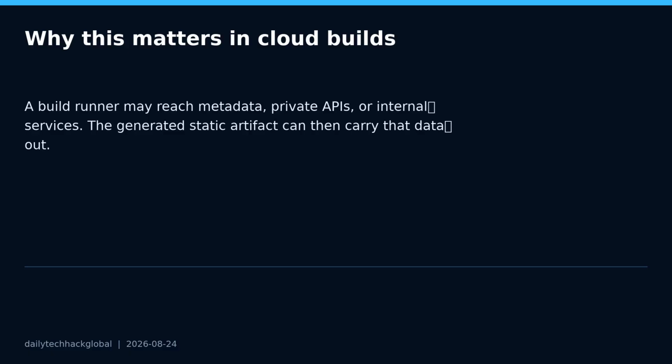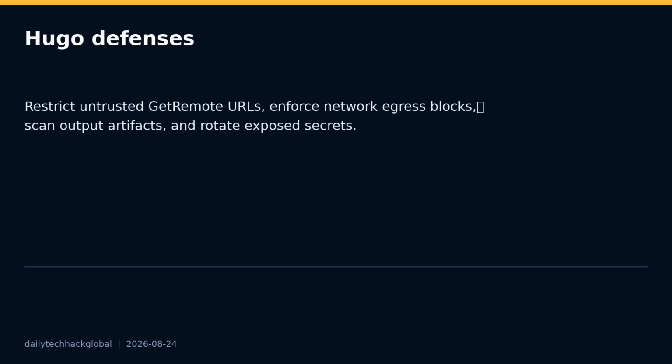Add egress controls so build runners cannot reach metadata services, internal admin panels, databases, or private APIs. Use explicit domain allow lists backed by network enforcement, not only application configuration. Review recent generated artifacts for unexpected internal hostnames or sensitive values, and rotate secrets if internal data was published. Second, CVE